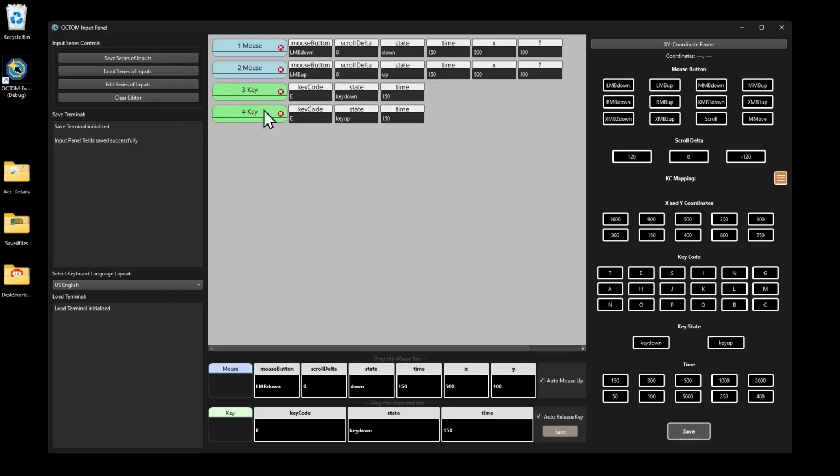And to save it into a JSON file, we can just save it as save series of inputs. And it will open the file manager, name the file and save it, and then one can call these inputs, and so those inputs can be replicated. I will show that in a showcase video. Here I'm just showing the interface,